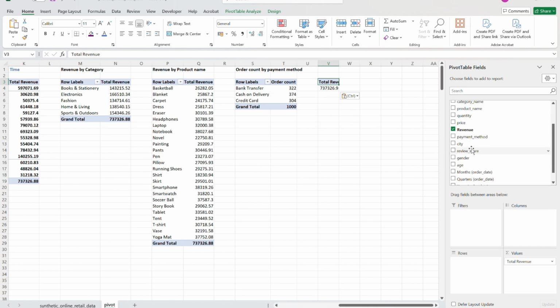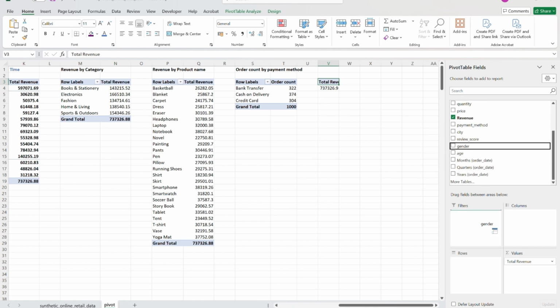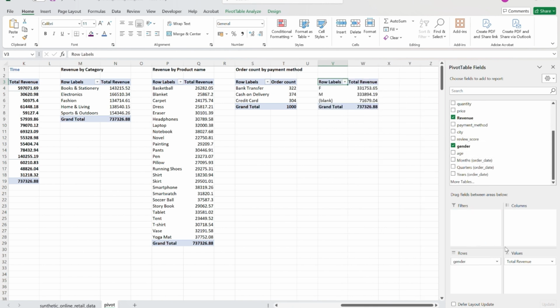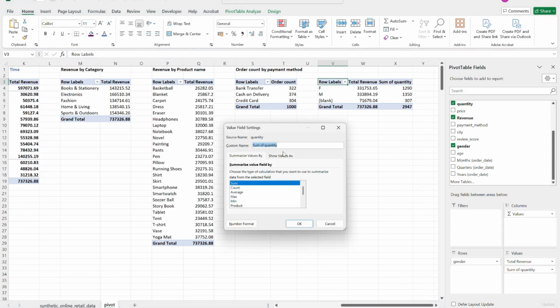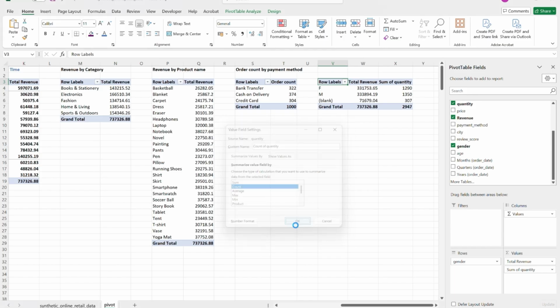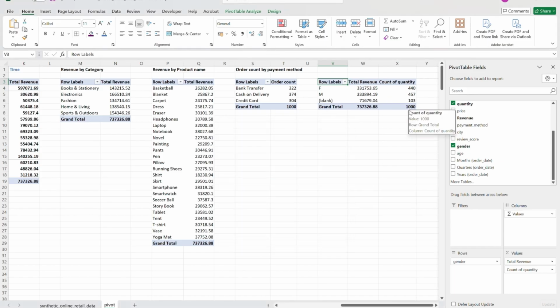Now coming to this, you would like to display the gender in the rows, and I think order count in the values column. So you can simply display the quantity, not sum, but simply the count of, something like this.